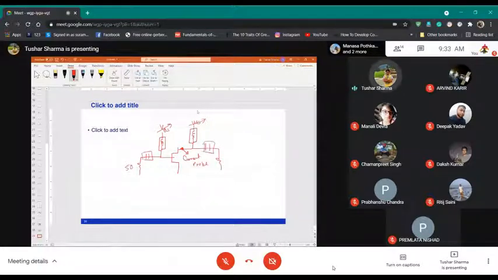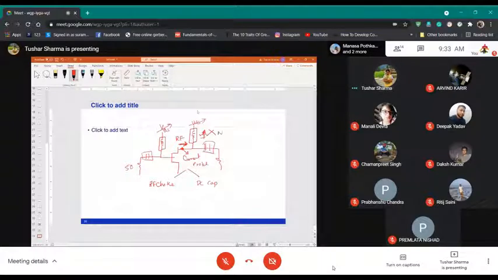So now why do you need an RF choke? There are two elements for biasing. One is the RF choke. Another is the DC cap. Why do you need an RF choke? Because this transistor will give an RF output. When it is giving an RF output, you don't want that RF to go into the DC path.